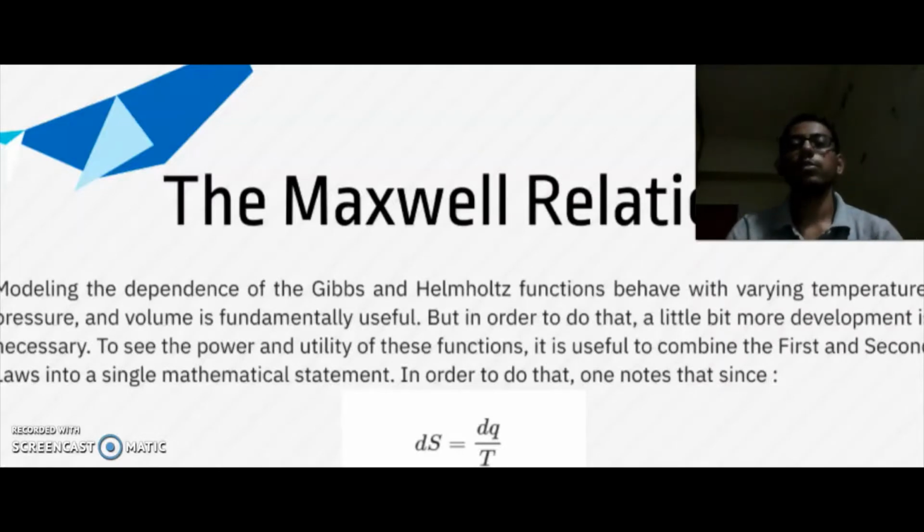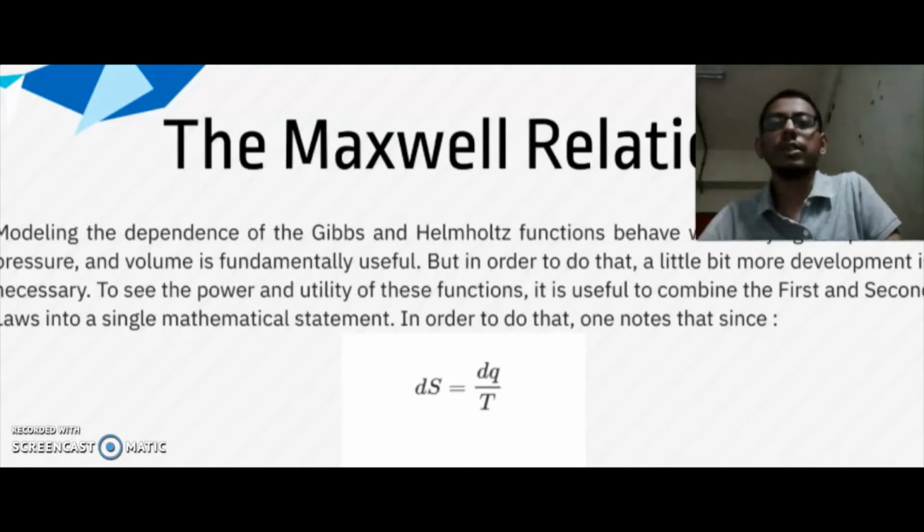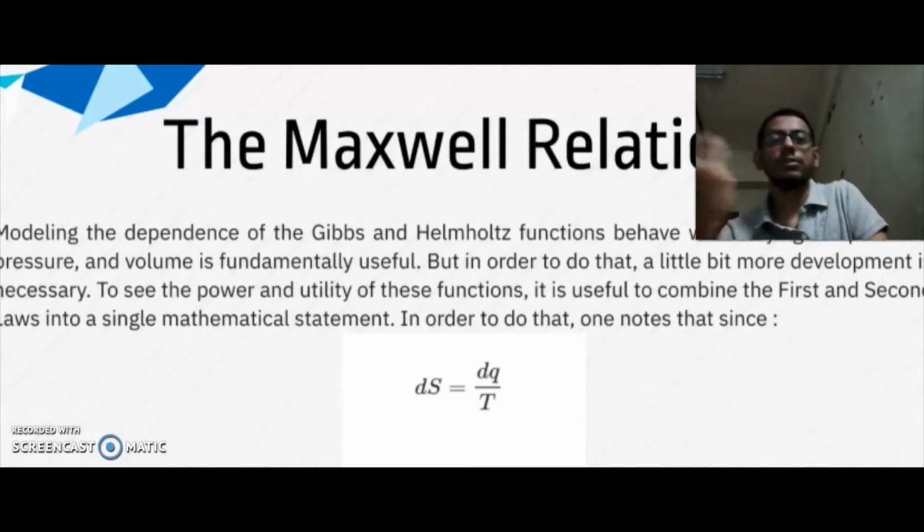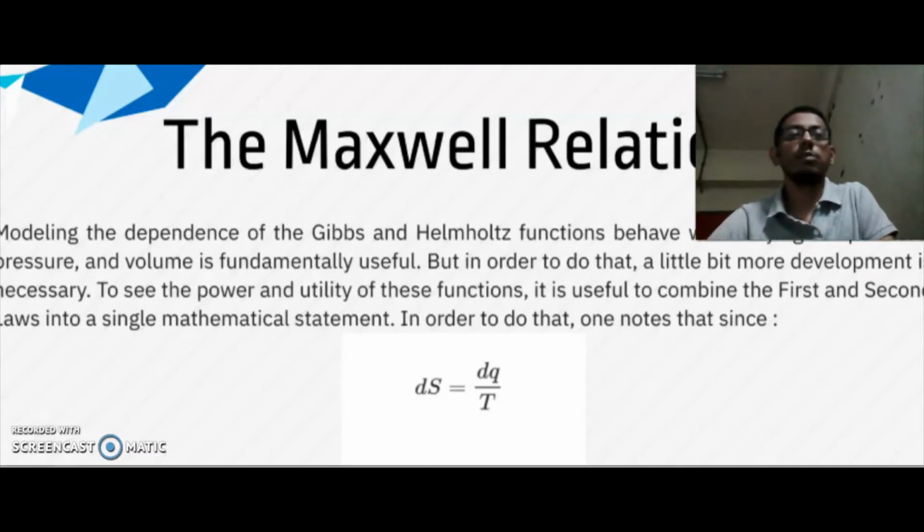Today, we are going to talk about the Maxwell relations, which are some of the more important relations that can be used in thermodynamics to ease the application of equations such as the Gibbs and Helmholtz functions. Here, modeling how the Gibbs and Helmholtz functions behave with varying temperature, pressure, and volume is fundamentally useful. But in order to do that, we need to use the Maxwell relations to simplify the equations so that it's easy for us to apply our calculations, to simplify the calculation for Gibbs, even internal energy